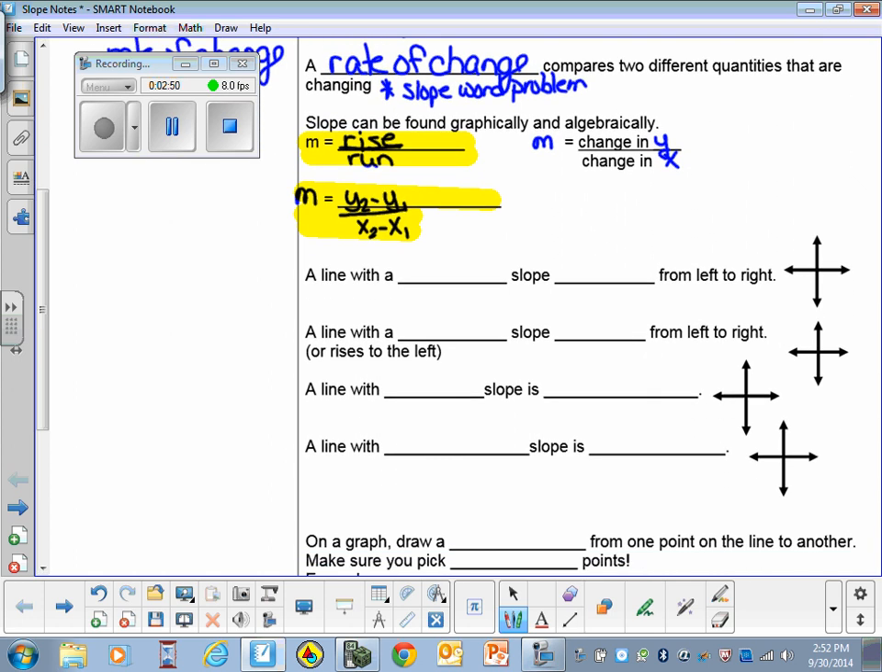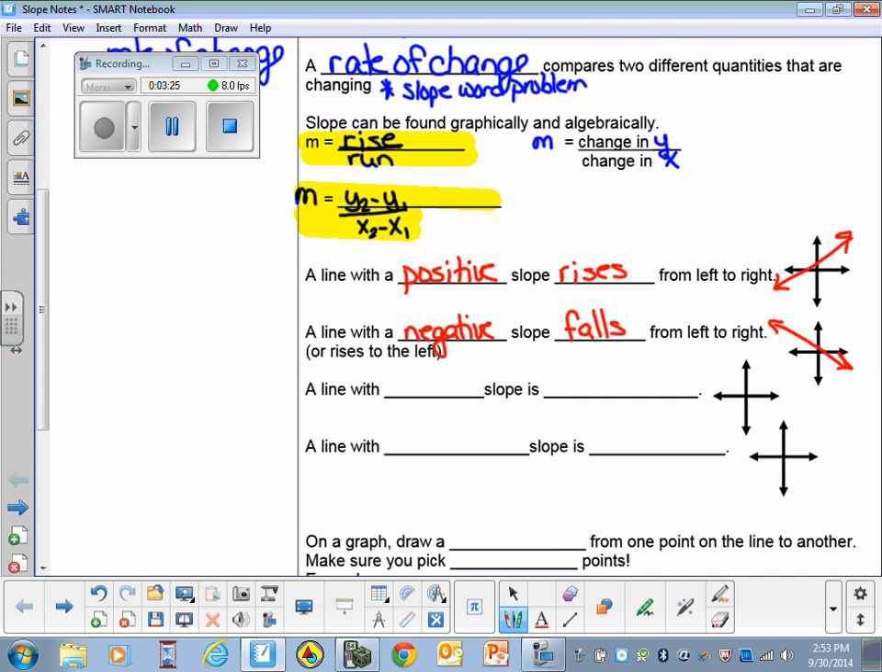Now, slopes can be positive, negative, zero, or undefined. A line with a positive slope rises from left to right. It goes up as you go across the line. A line with a negative slope falls from left to right. Some people like to say that it rises to the left. Either way,